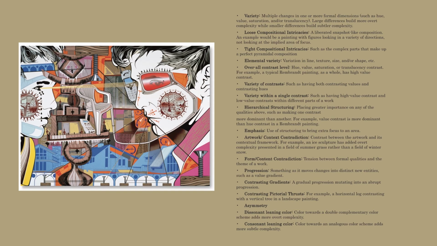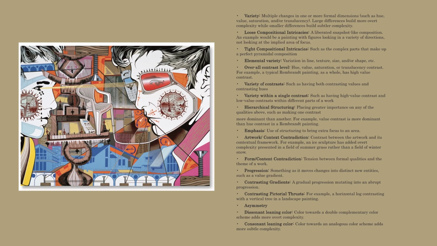This is a bit more subjective. I would argue that it is tightly composed because there is a pyramidal scheme in place between the man, the woman, and the enlarged screw in the lower right corner. However, this may or may not be how you perceive things. Fair enough. See, this is why these are only guidelines to help us, not hard set rules. Of course, we have a lot of contrast and elemental variety, and even some progression within the elements as well. There is a definite hierarchy to the work, and it is asymmetrically balanced. I would, however, say that the work is subjective when it comes to colors, with it containing elements of both dissonance and consonance in the work's color palette.